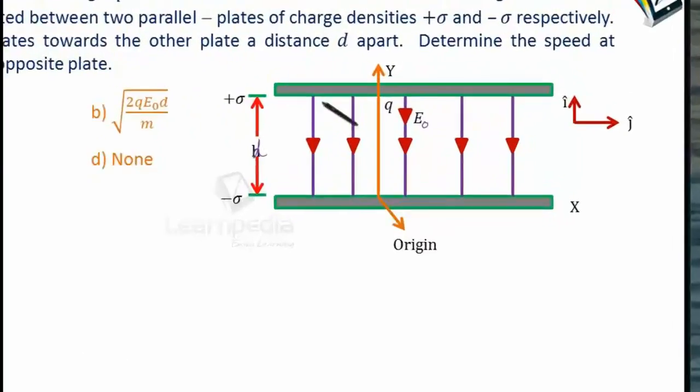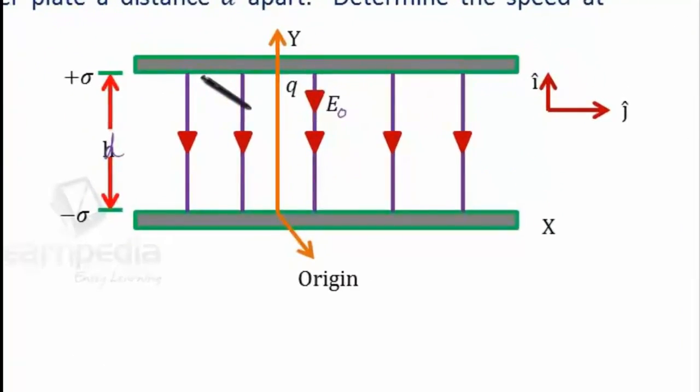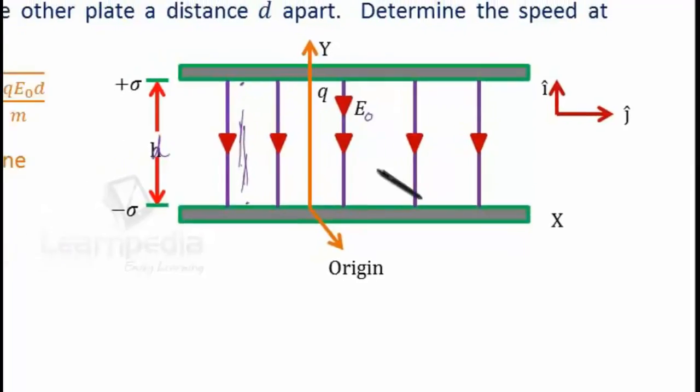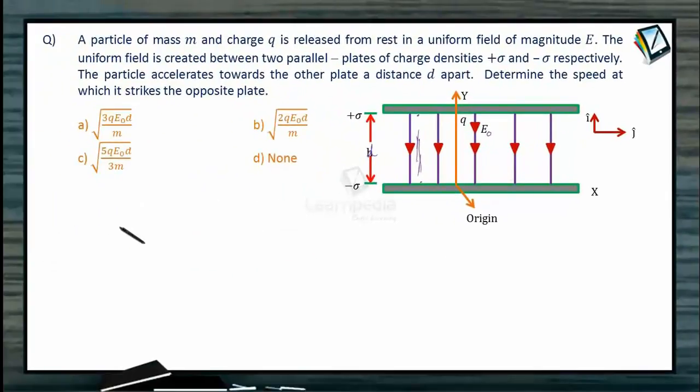So if we release a particle from this position, suppose from one of the plates, with what speed should it strike the upper plate? So we can see that its motion is continuously accelerated because of this electric force. So how much is the magnitude of this electric force? q E naught is the electric force acting on this particle, and this remains constant